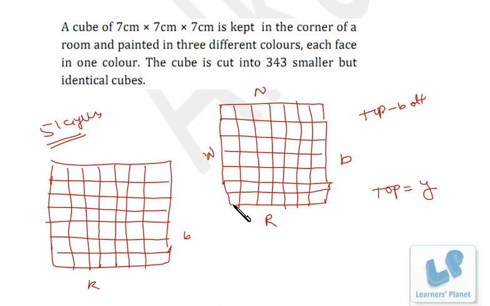Now just start counting. This corner: 1, 2 and top face, 3 colors. This side and top, 2 colors. This is only top, 1 color. Now here this side no color, only top, top, top, top. In this case top and this side, so it will be having 2 colors. Even in this case only top, top, top, top, top, and in this case this and the top, right? This 1, 1, 1, 1.